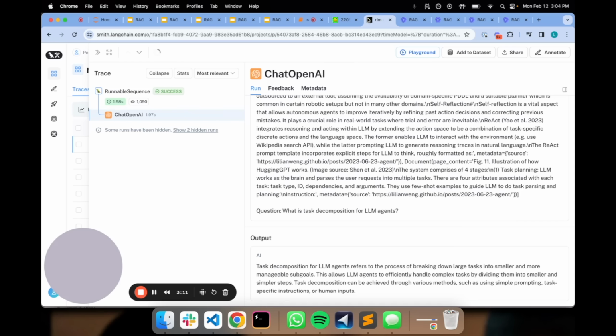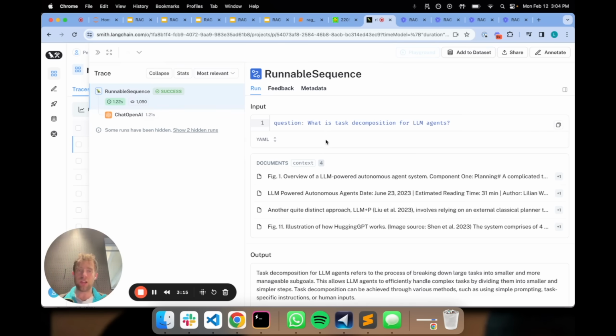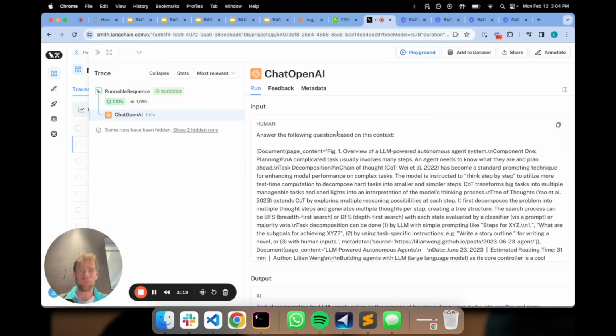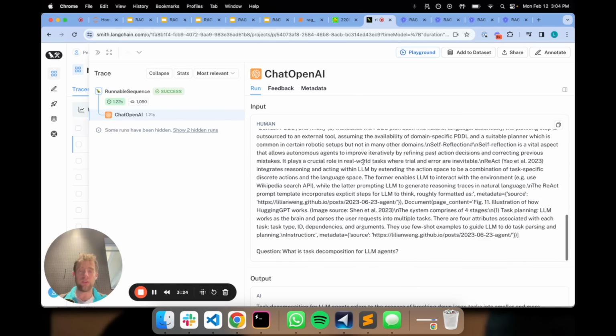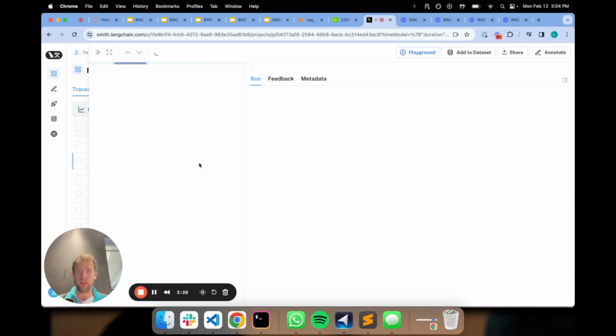We can go to LangSmith and we can actually look at what happened. So here, for example, this was our final RAG prompt: answer the following question based on this context, and here are the retrieved documents that we passed in. So that part's kind of straightforward. We can also look at,